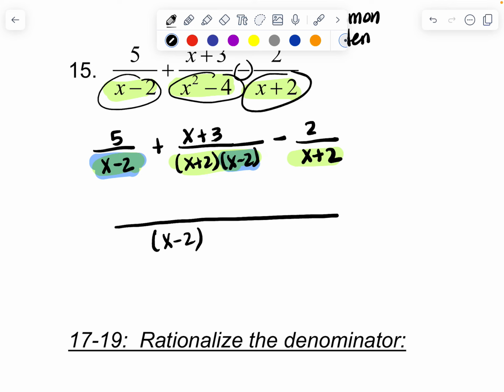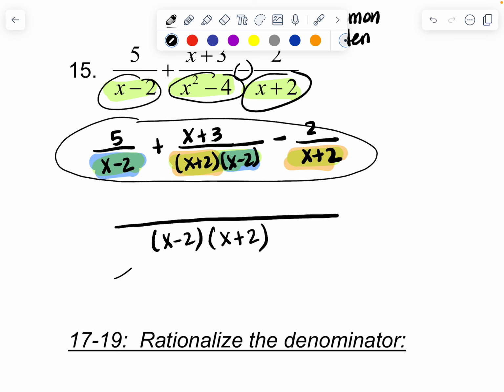Okay? Now, what else repeats? Let's highlight it in a different color, like orange. X plus 2 and x plus 2 also repeat. So you write that down once. And there's your least common denominator. If there were any leftovers, like something that didn't repeat, you would just tag it on and multiply by the leftovers. Okay? Now, my goal is to get every denominator in this entire problem to look like this one,